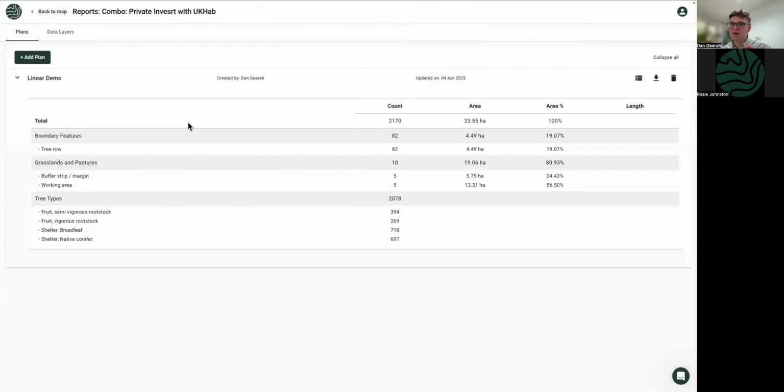So it won't tell you the difference between, say, a walnut and a hazelnut. It'll just group together nuts and use an average proxy for that. So you can see it's just for native conifer. It gives you a proxy for how wide they're going to get versus broadleaf. So it's not quite species level, but it's at least an indication of the type of size of tree row that you're going to get based on that planting design.